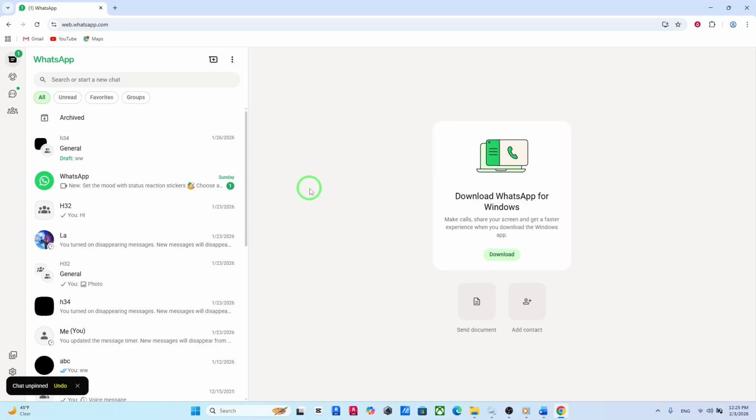Once you select Unpin Chat, the group will instantly move back into the regular list of chats, sorted by the most recent activity. It will no longer stay fixed at the top, giving your chat list a cleaner and more natural order again. This new update on WhatsApp Web makes it super easy to manage pinned conversations, both for individual